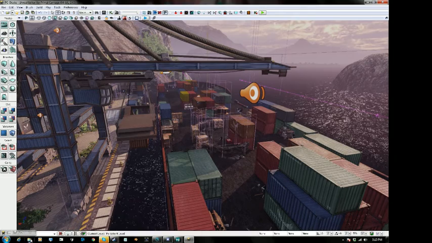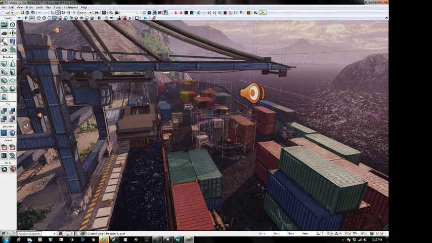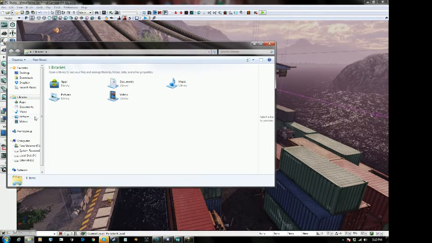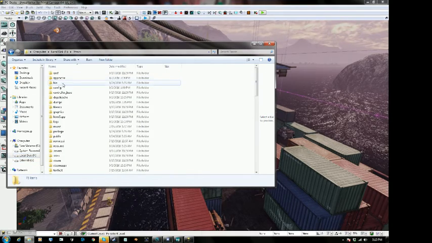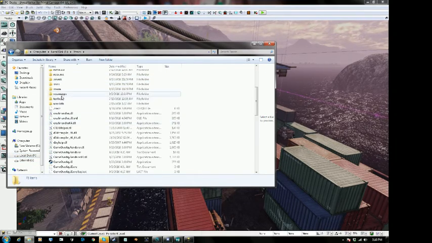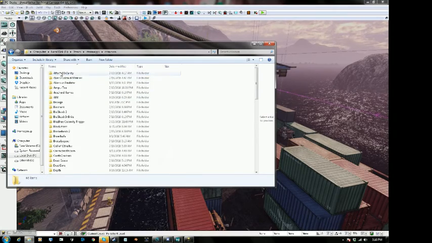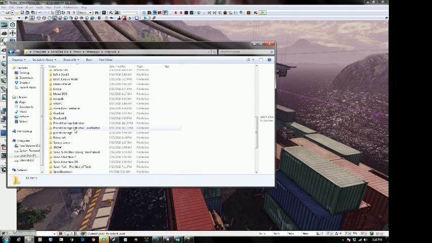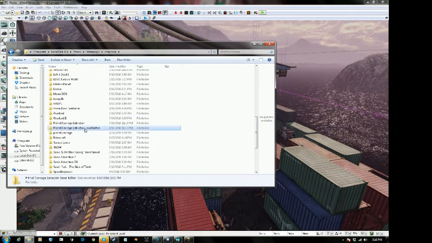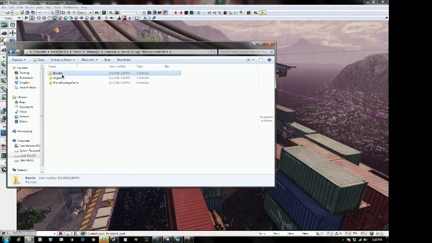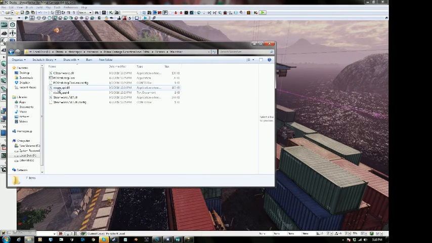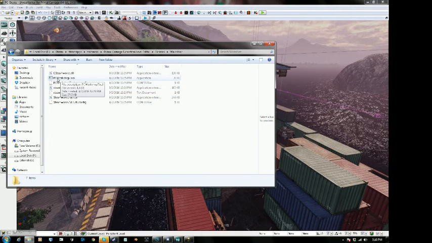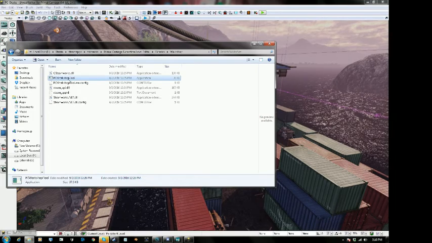We are going to get our workshop item loaded up. So go into your Steam directory, go to Steam, Steam Apps, Common, and we're going to look for Primal Carnage Extinction Level Editor. We want to go into Binaries and go into Workshop, and here is our PC Workshop tool. We're going to launch this,